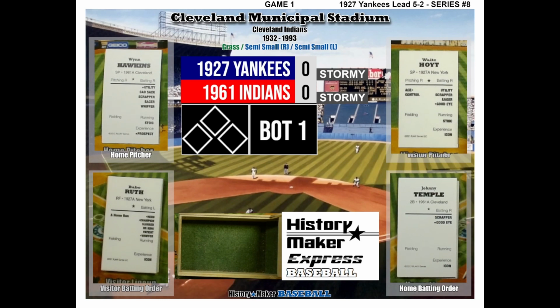So anyway, I picked up my red dice, and we're ready for Johnny Temple and the 1961 Indians' turn in the bottom half of the first. 2-4-5. Is Hoyt a struggler pitcher? No, he is not. Is Temple a sad sack batter? No, he is not. So that's going to be a men on base result, -1 from the black die if the pitcher has either flash or control. Waite Hoyt does have control, so that's going to put the runner on first base